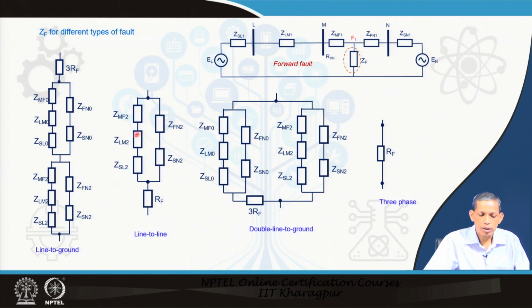equivalent system. In case of line to line fault, we do not have any 0 sequence component. In case of double line to ground fault, we have a 0 sequence component also. So, that leads to the conclusion that for all types of fault, the system sequence diagram can be considered as an equivalent like this with the positive sequence diagram, and at the fault point we can have a parallel path of ZF, where ZF consists of these elements depending upon the type of fault.